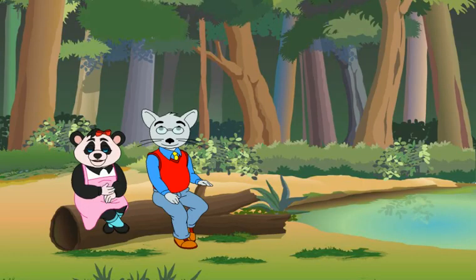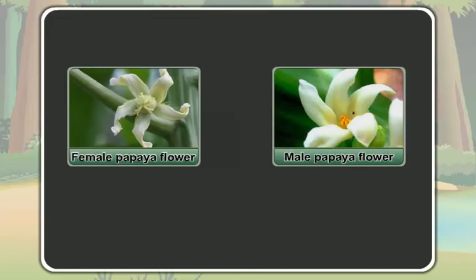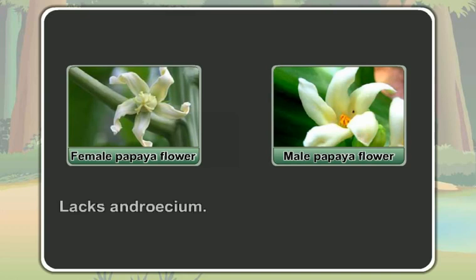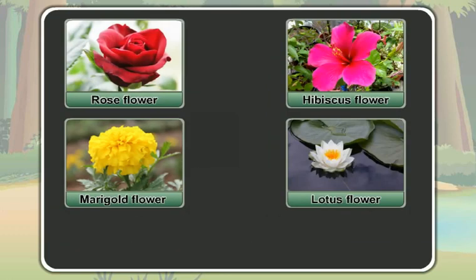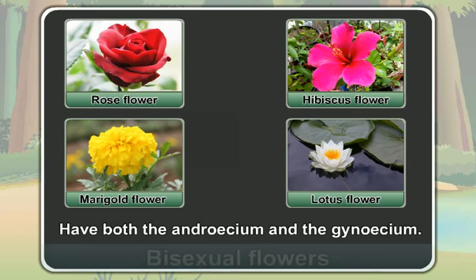The flower that has all the four parts of a flower is a complete flower. The flower that lacks any of the four parts of a flower is an incomplete flower. Similarly, the flower that lacks either the androecium or the gynoecium is the unisexual flower. And the flower that has both the androecium and the gynoecium is the bisexual